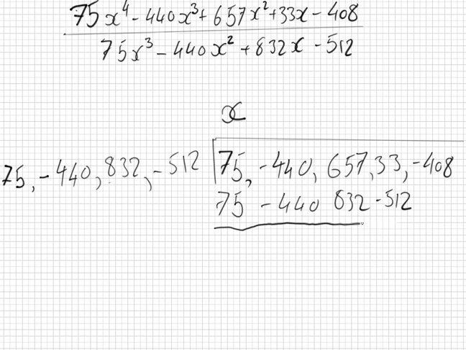Okay. And then I subtract. Well, the x^4s go, the x cubes go. I'm just left, oh, and that carries down as well. I'm just left with 657 minus 832. Can you do that, please? 657 minus 832. Minus 175. And then 33 plus 512. 545 minus 408. So to finish,